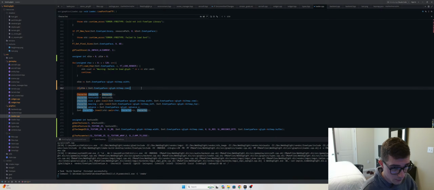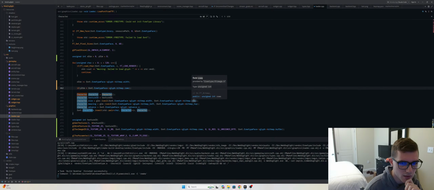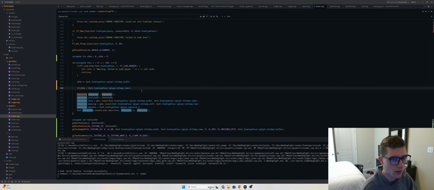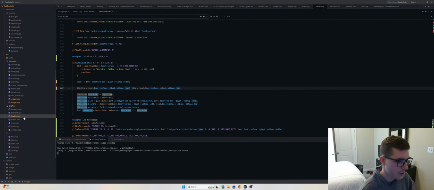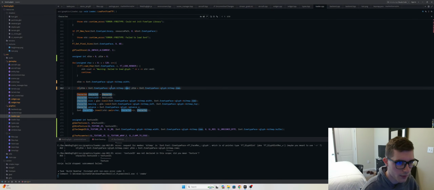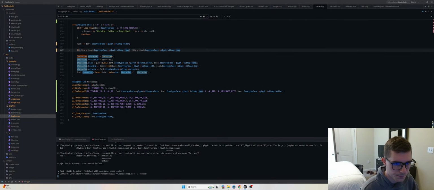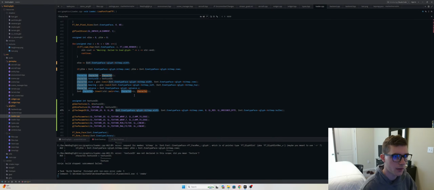I guess that. I sure hope rows doesn't mean something fundamentally different, but that is character size, so that would make sense. And then bearing, okay. If that's the case, we're gonna say y dimensions just equals this, making sure that we have a texture that is tall enough to store all of our characters. The next thing we're gonna need, so we're gonna have to create this character, well, this texture rather, and then,